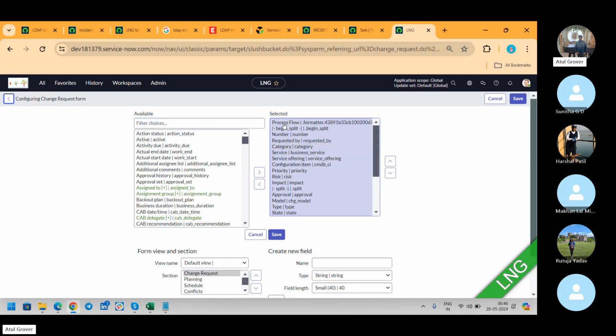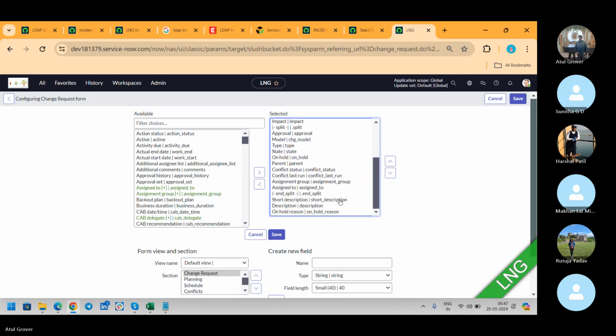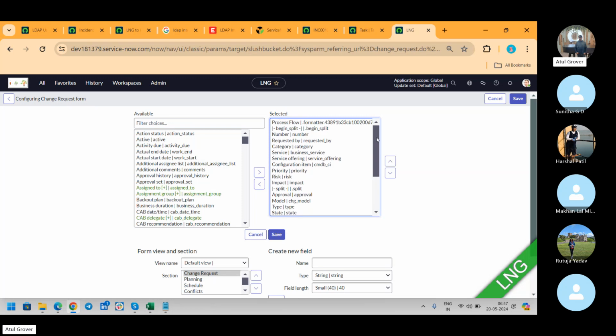देखो यार, प्रोसेस फ्लो, प्रोसेस फ्लो इज माय फॉर्मेटर, ठीक है। इफ यू स्क्रॉल डाउन लिटिल बिट मोर, यहाँ पे एक्टिविटी करके नहीं है क्या कुछ, something called activity formatter as well. जो नहीं पहले वो तो टेबल में ऐड करेंगे इंसिडेंट में या चेंज में, नहीं, क्योंकि एक्टिविटी फॉर्मेटर इज अवेलेबल ऑन द टास्क टेबल आउट ऑफ द बॉक्स, और जितने भी टेबल एक्सटेंड होते हैं टास्क टेबल से, उसमें भी होगा फिर वो।